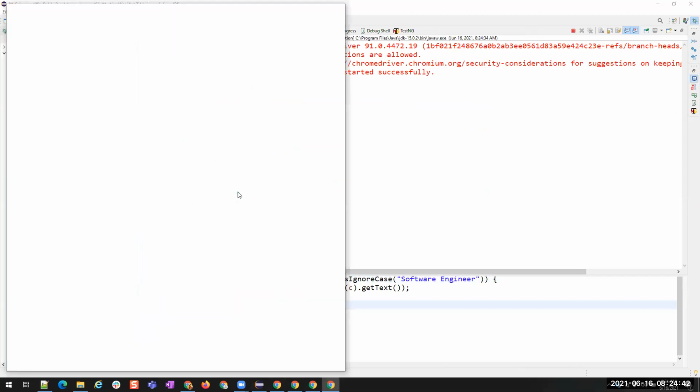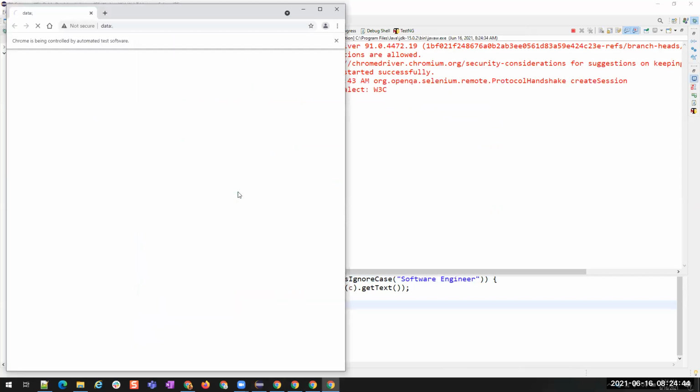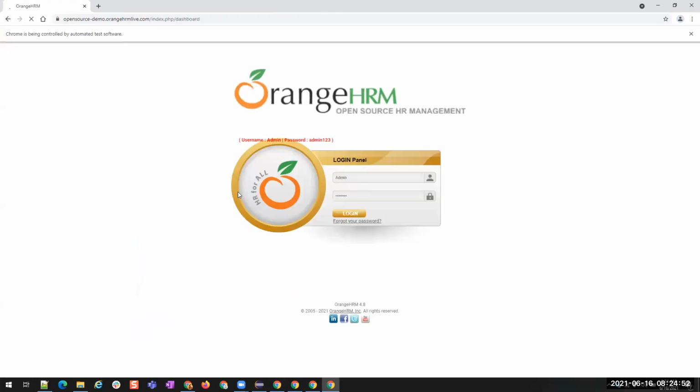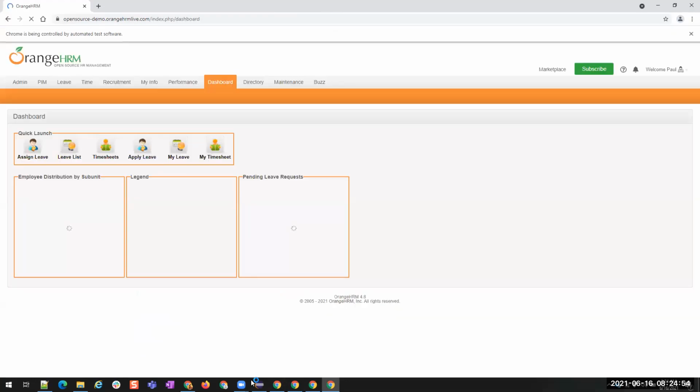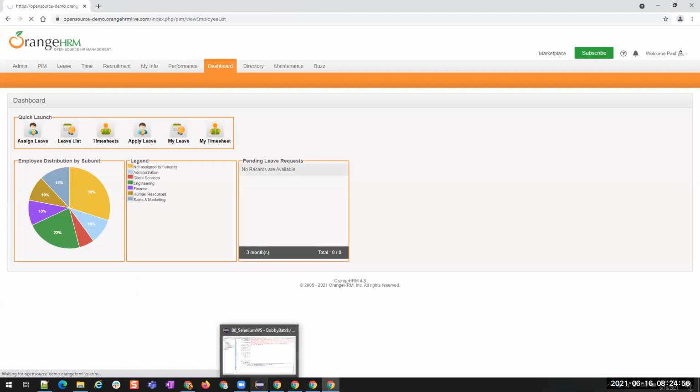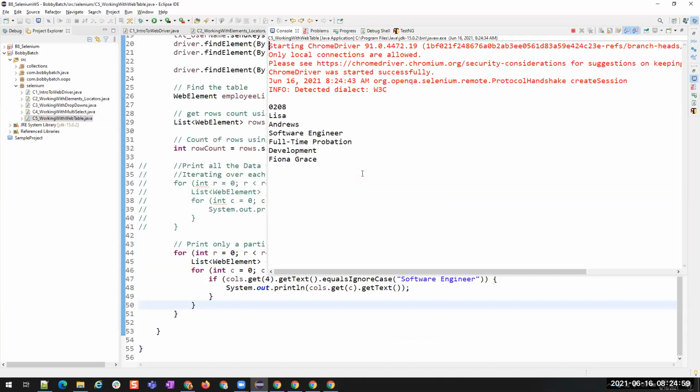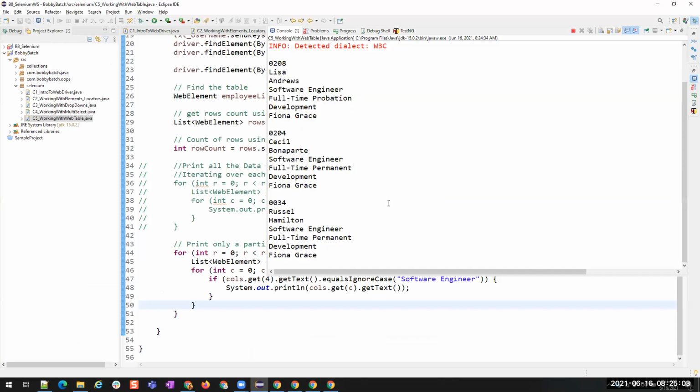So it's a simple if condition in the same loop. Now let's see the console. 1, 2, 3.